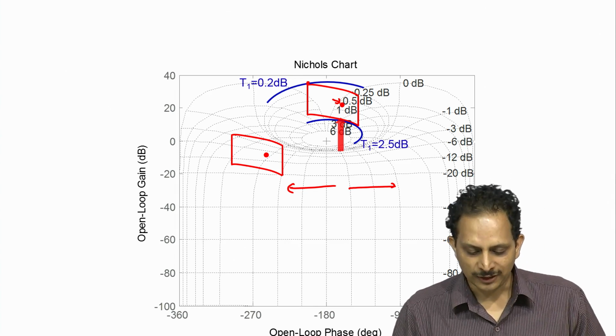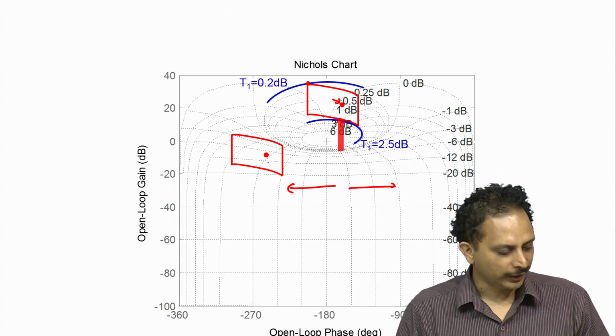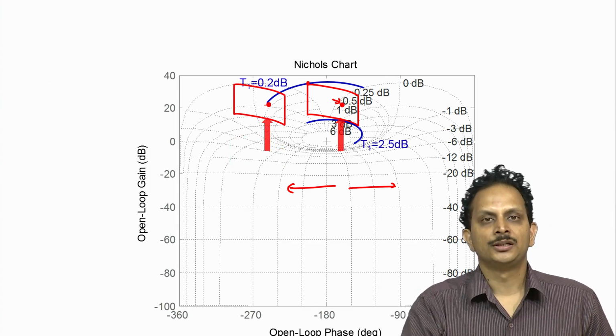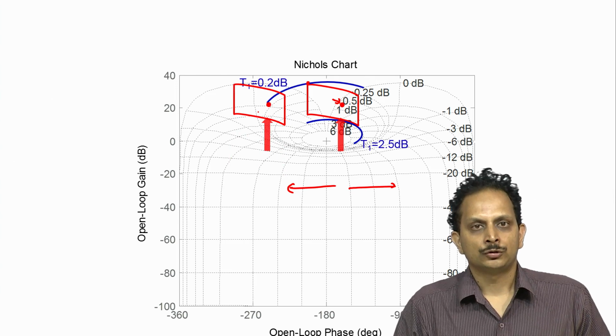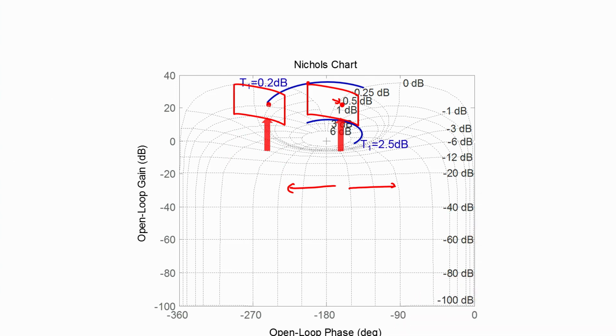So in this case, for instance, when the plant template is at this particular location, it turns out that it has to be pushed to this particular location, so that at this particular location of the nominal loop gain, the difference between T1 upper and T1 lower will be within 2.3 dB. Now this activity has to be repeated at a range of different angular values, in fact at every possible angular position, and this is clearly a tedious task to perform manually, and hence there is a software called QFT toolbox which automatically determines the bound for performance specification when it comes to robust tracking.